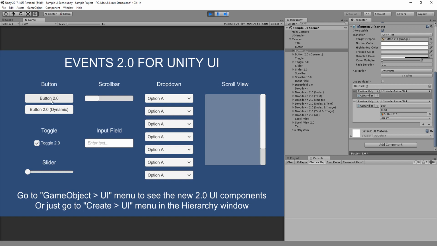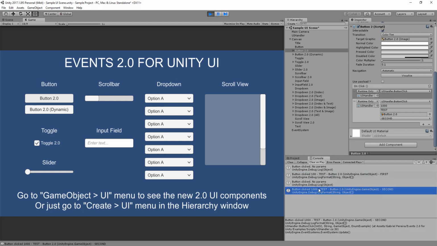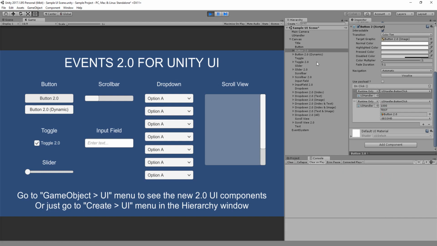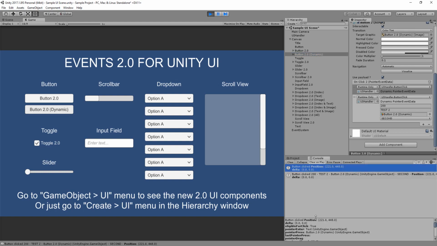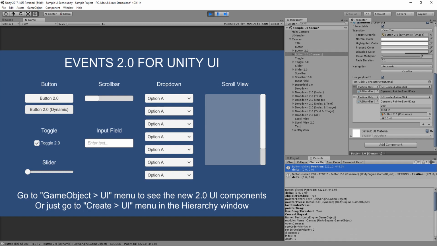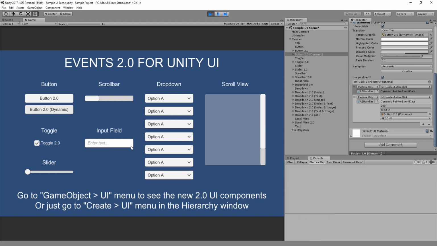And as you can see, if I click on this first button right here, and there you go. Now let's change this and click it again. See, it works. And for the second button, here I have all the information about the mouse position, delta, eligible for click, all this inside the pointer event data. Now for the toggle,